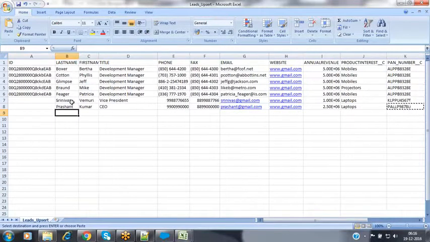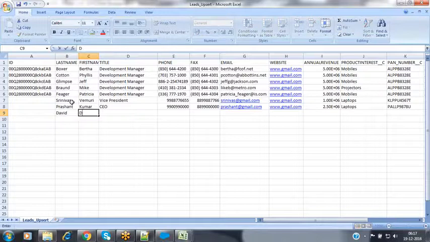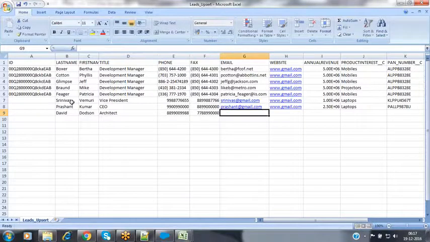And the third one, the third person is some David, and the last name is Dotson. David Dotson, and he is an architect. The phone number, I have entered some value, the fax number.